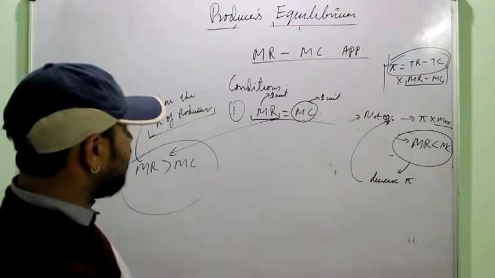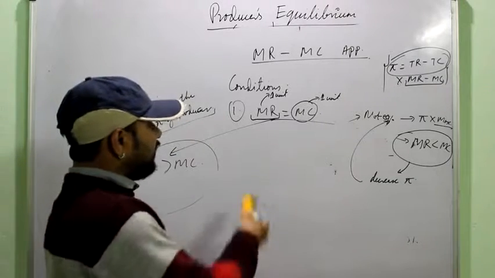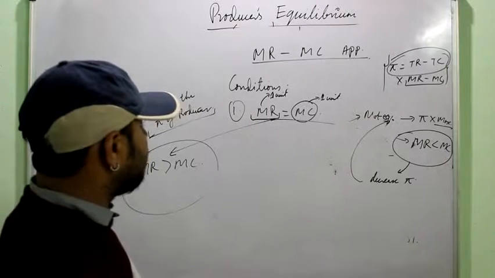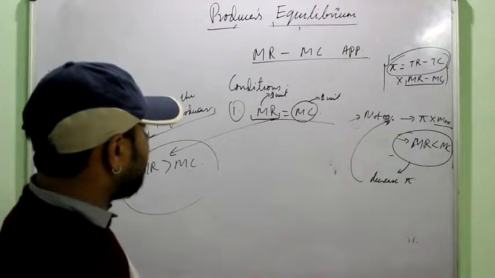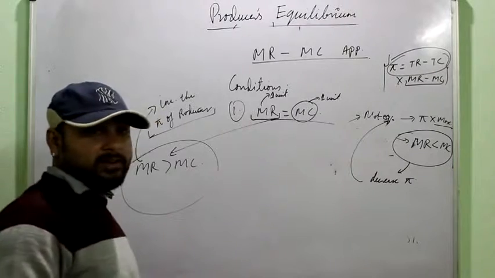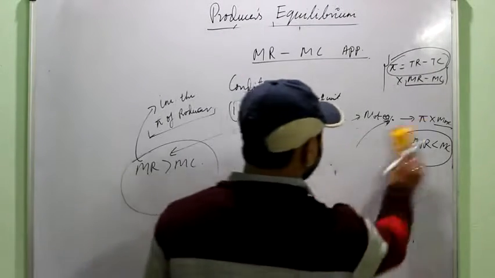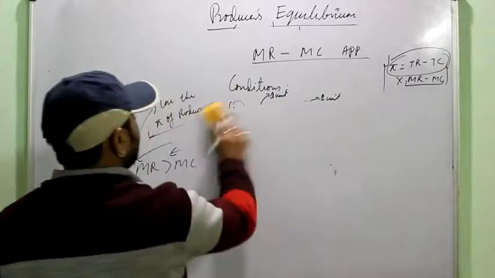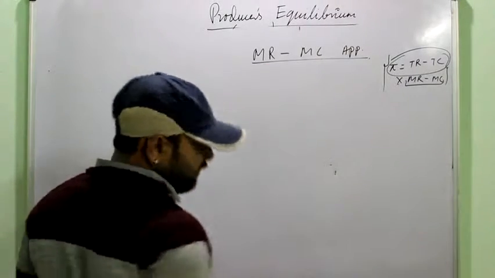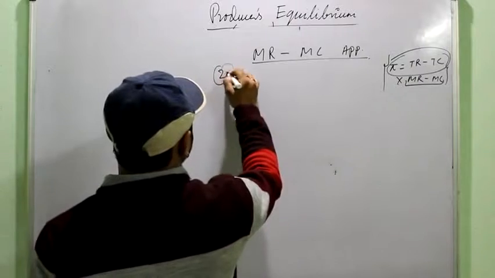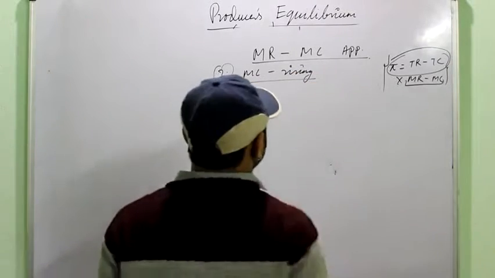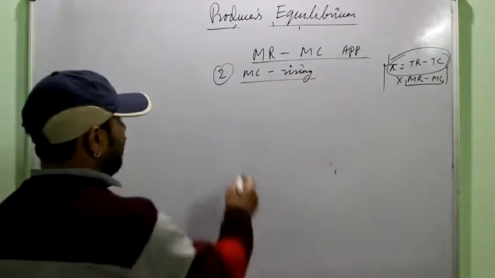So this condition is very often asked in the exams. It can be asked in a direct manner also: explain the condition of producer equilibrium, or explain why it is necessary for the producer to be at a point where MR and MC are equal. Or you can say, why is the equality between MR and MC required to establish the producer equilibrium? All would have the same answer. Now we come to the second condition, that is MC should be rising after the point of equilibrium. MC should be rising. To understand this particular condition, we can take help of a diagram.